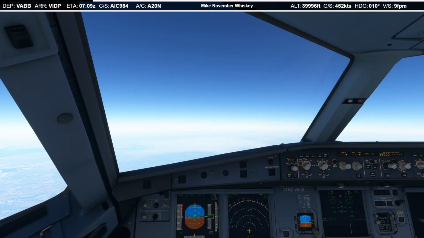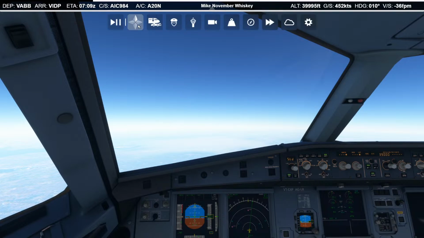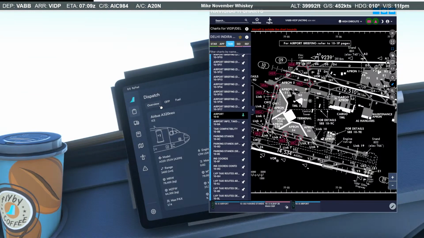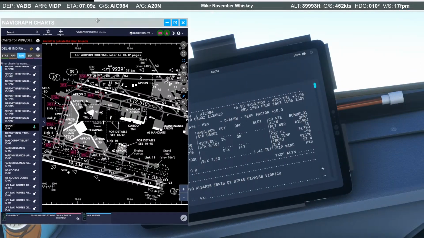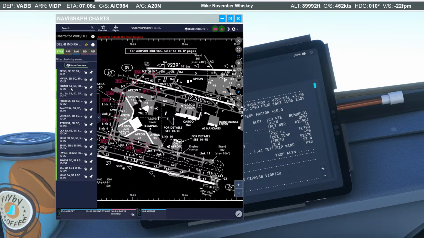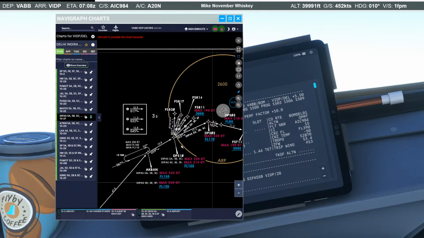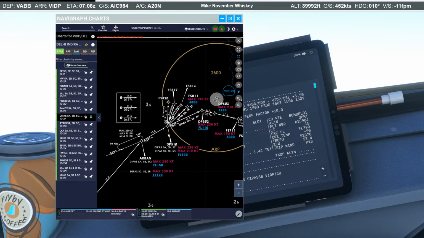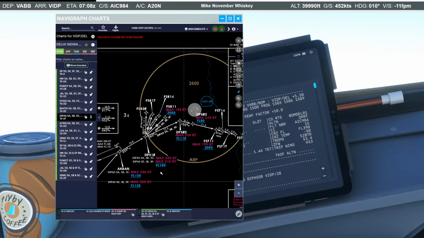Alright, we're now at our cruise altitude, so let's go ahead and start planning that arrival and figuring out when we're going to descend. So, per our flight plan, we're going to arrive via the DPASS 5 Bravo arrival. DPASS 5 Bravo, that's this chart here. Let's take a closer look. So from DPASS, Akban, the 5 Bravo, there's a speed restriction at flight level 150, interesting. So we'll have to adhere to that.